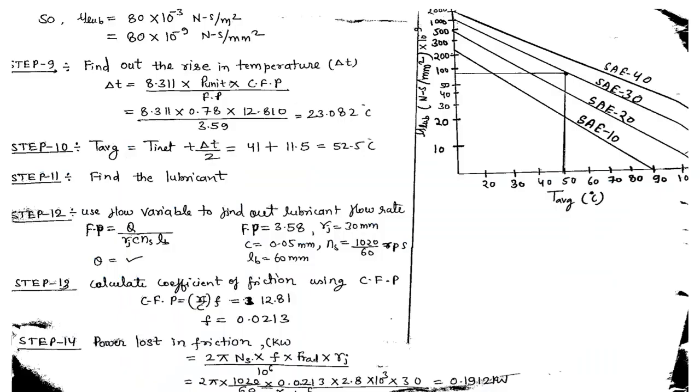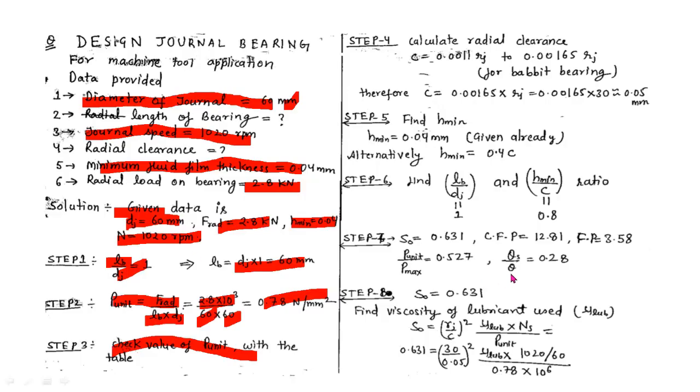Now friends, let us come to our main slide, and in the next step we have to calculate the flow rate of the lubricant, that is the lubricant flow rate. And how will we obtain this value? Now see friend, we have already calculated the value of the flow parameter. Okay friend, this parameter will give us the value of the lubricant flow rate.